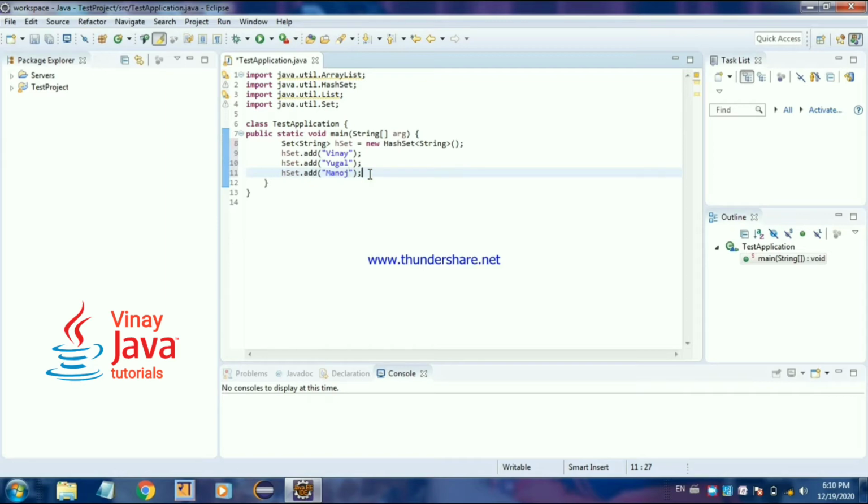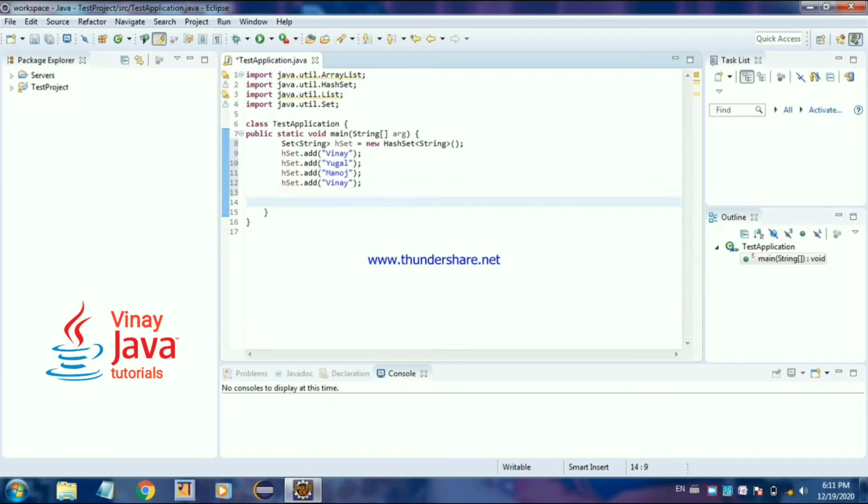Let's add another one as duplicate. So again I have added the duplicate element as Vinay, and then I am iterating hash set. So I told you in my previous video that there are three ways for iterating hash set. Let's do it for any one method.